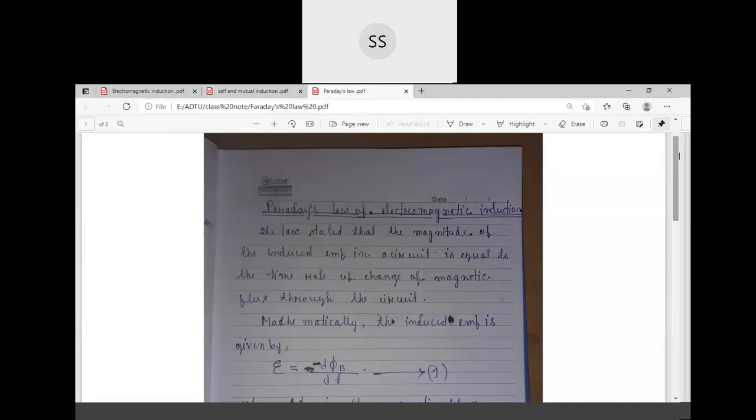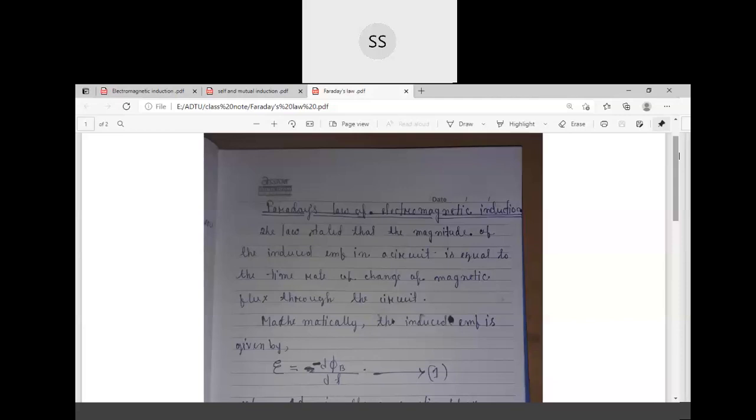Okay, so we know that when we sense the magnetic flux near an electrical circuit, a current will be produced in that circuit, or a voltage will be produced in that circuit, which is called induced EMF. If we sense the magnetic flux near a closed electrical conductor, a current or a voltage will be produced in that conductor without applying any external voltage. That is called induced EMF.